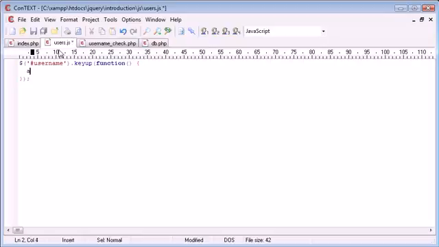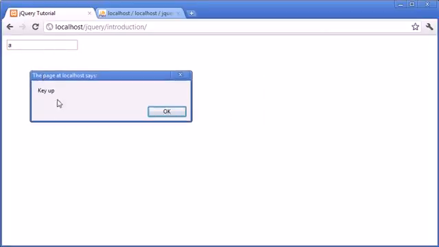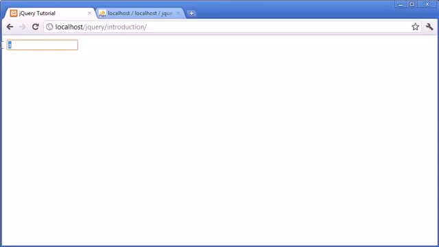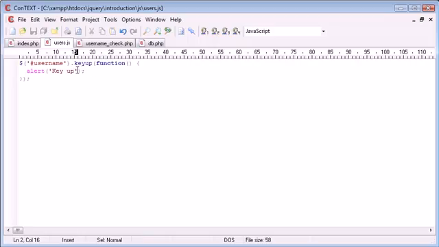So we can test this by just saying alert and just say key up, for example. So let's go over to our browser. When I type a key down, as my key comes up, we have this alert box to alert us that an event has happened, as well as a backspace that will show the same thing. So now that we've done that, the first thing we want to do is grab the username from this field. We've given that an ID of username, so we can use the same selector, and we could use .val, which would be a lot more efficient and appropriate, and then I'm going to go ahead and alert